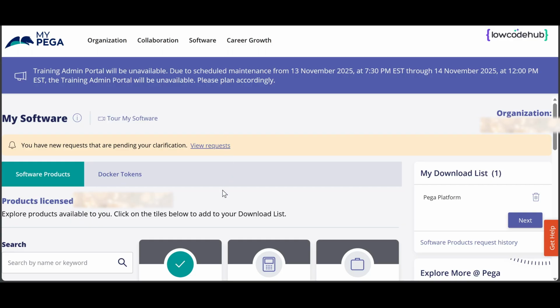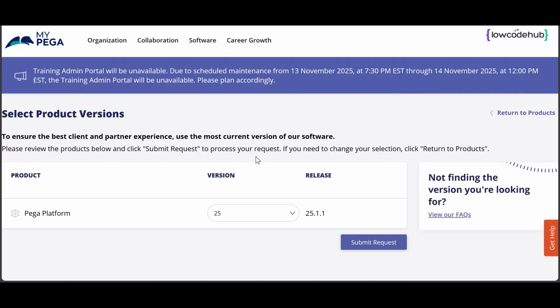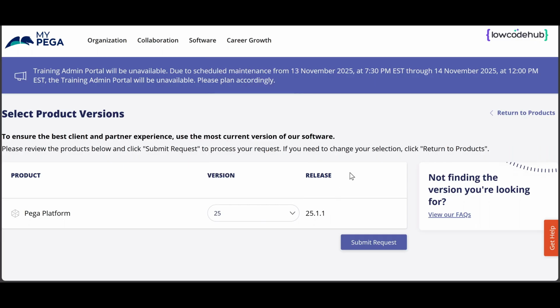You will now see a list of available products. Now select Pega Platform and then click Next. In the next screen, you can select the specific version you need. We will choose the latest version 25 and then release 25.1.1